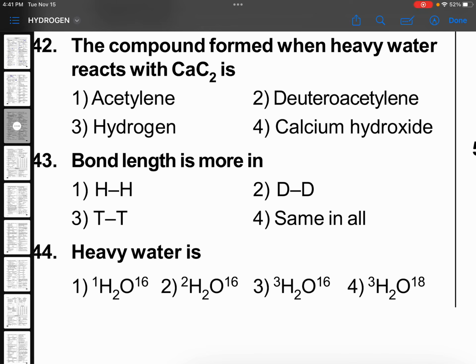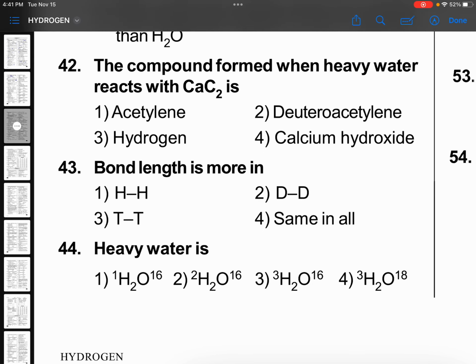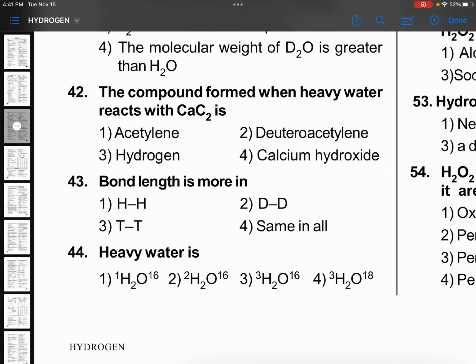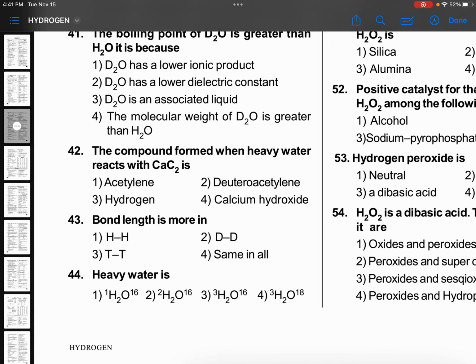Okay, now in NCERT also it is mentioned very clearly. Bond length is not disturbed by these. Okay, now HH, DD, TT bond lengths are going to be same. Heavy water means in place of H we need to take D. So H mass number should be 2. So option 2 you see, 44th question. Oxygen should be always 16, don't worry. Coming